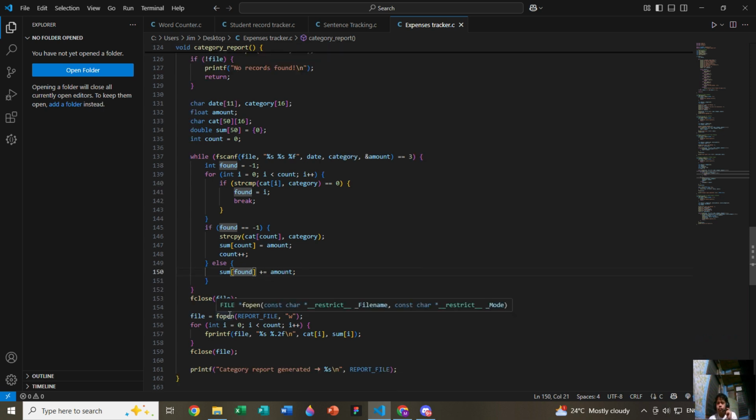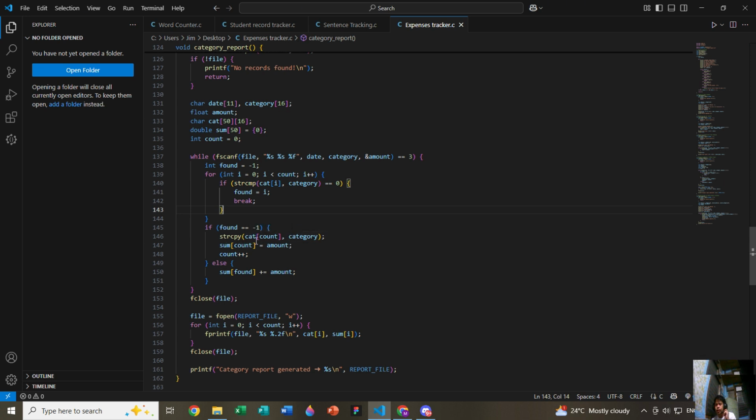After that, if found equals -1, the category is new, so it adds it to the category array, copies the category, and it sets the sum and the amount equal to 0.